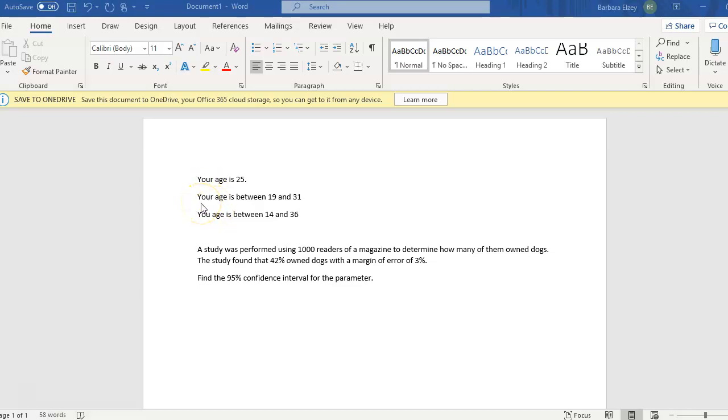However, if I say something like this, your age is between 19 and 31, well, my chances of being right have increased profoundly. And if I make that even further apart and I say your age is between 14 and 36, I've made the chance of being right much greater. What I've essentially done is made an interval, and I have a much greater chance of catching the person's true